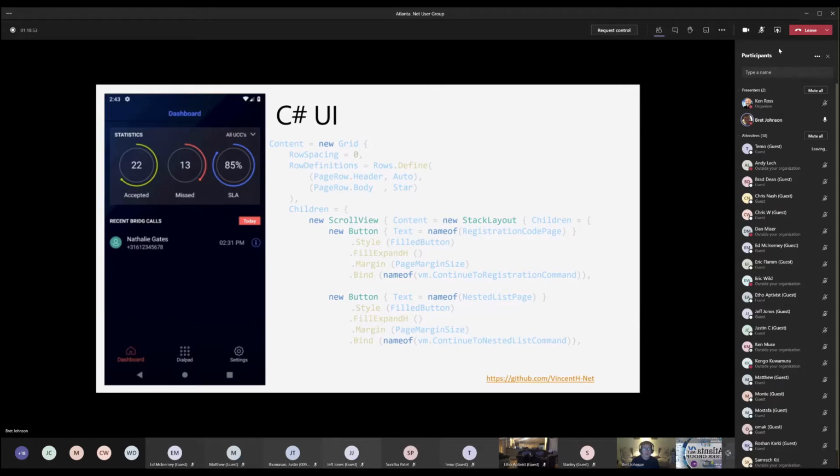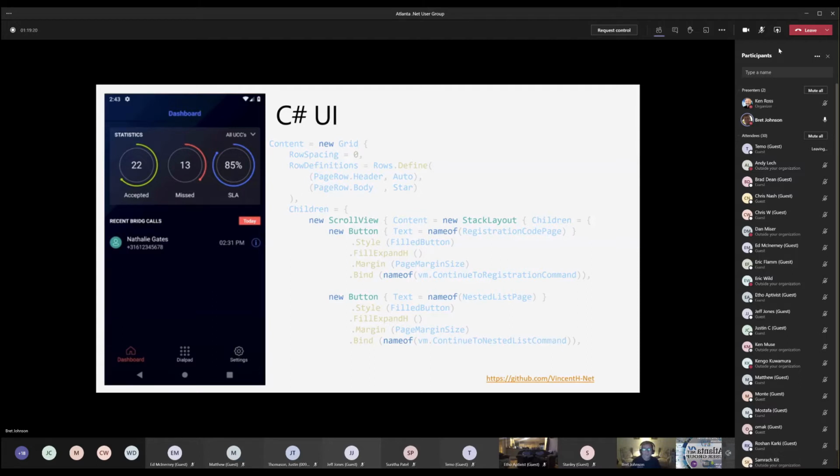You could always code your UI in C#, but with this support, it lets you use a more concise syntax and more fluent style APIs. Like you can see button, when it sets all the properties on the button, it does so with these extension methods: style, fill, expand, margin, bind. The binding support,